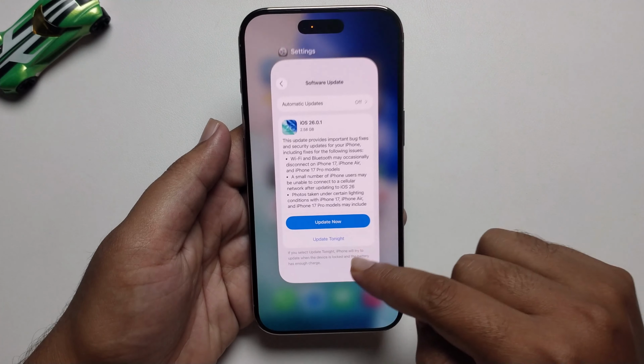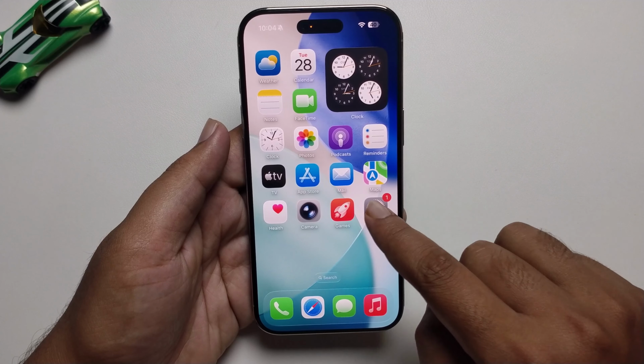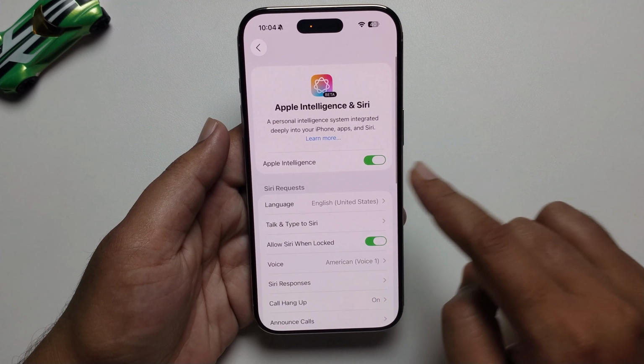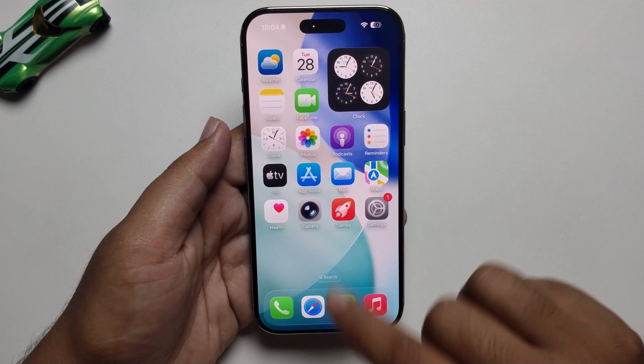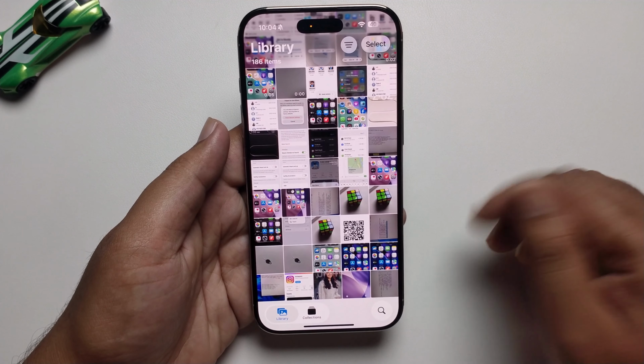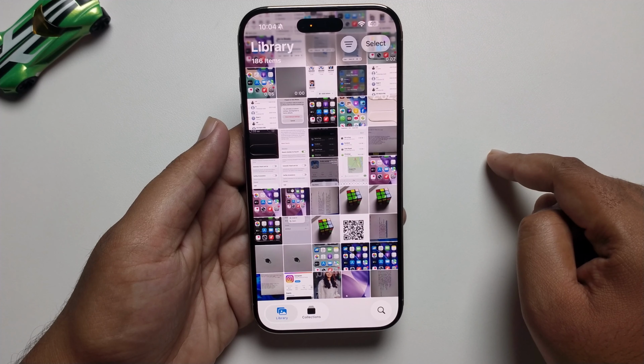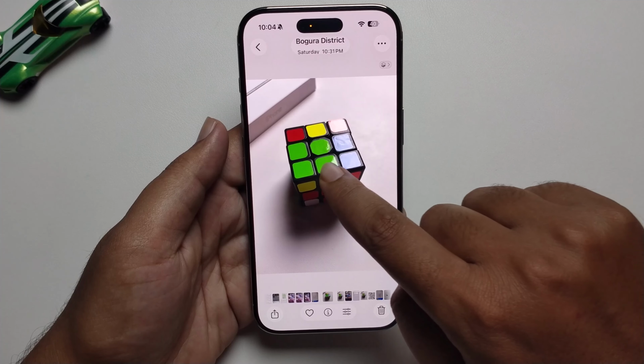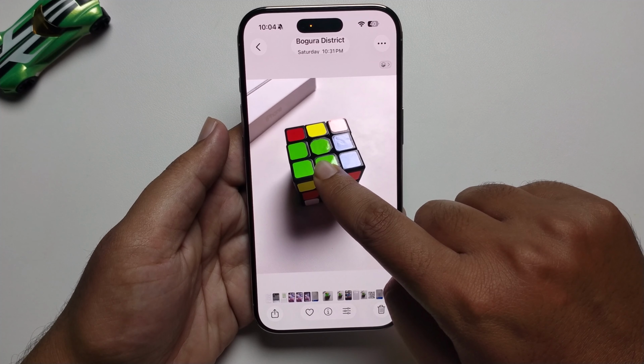I've already updated my iOS 26. Open settings, Apple Intelligence and Siri. Make sure to turn this on and select any photo that you want to create a sticker from. Like, I'm selecting this photo, so just long press on this image,